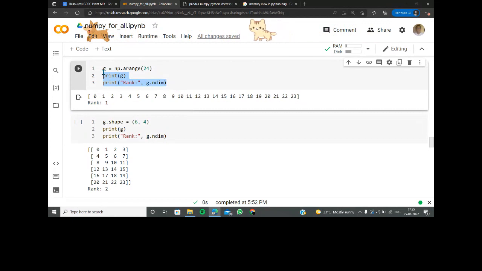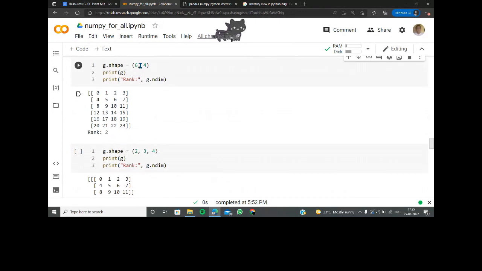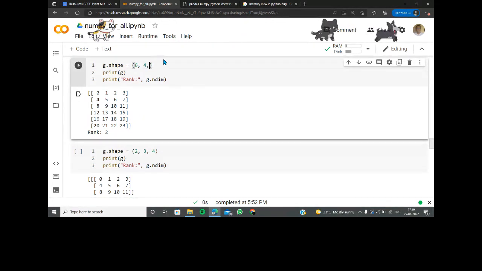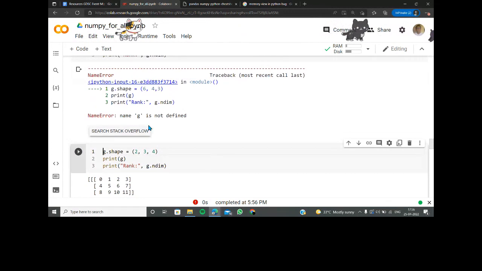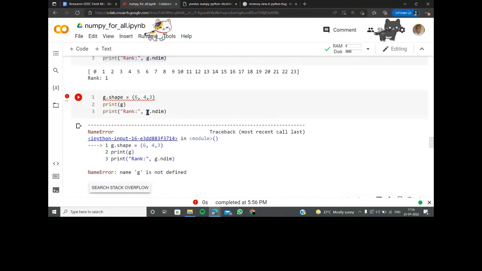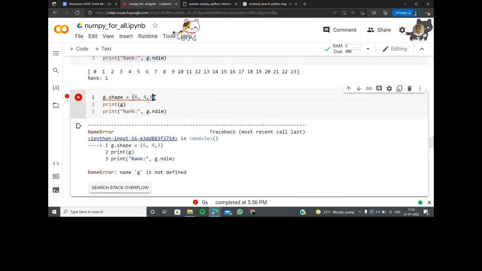We just got to know n dimensions of it, but the number of dimensions is just going to be one. So at the end of the day, it's just one row, an entire plethora of numbers being added there. It's just the dimension that is being thrown here. If you add 6 comma 4, it's going to be two different dimensions that have already been added. If you add 2 comma 6 comma 3 or something, it's going to give you an error because it's not going to be there completely for you, right?